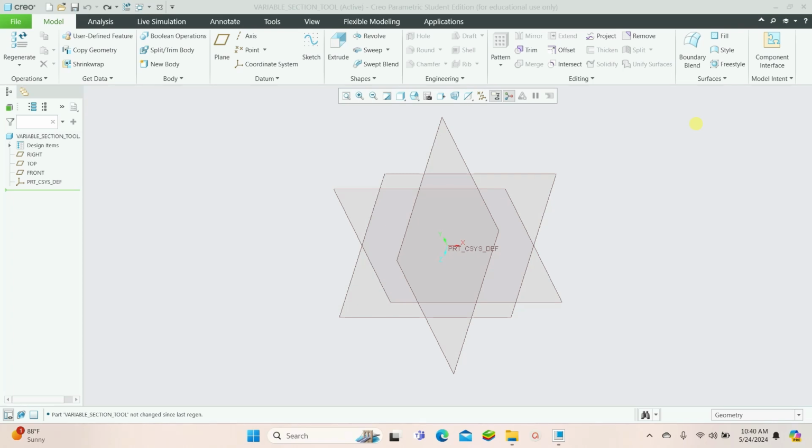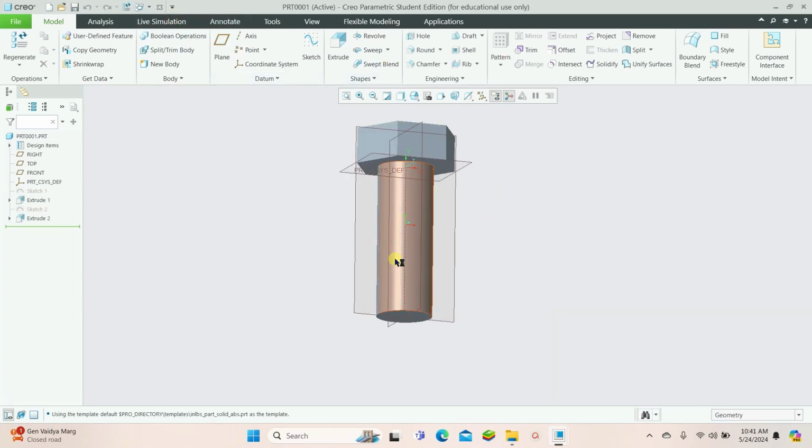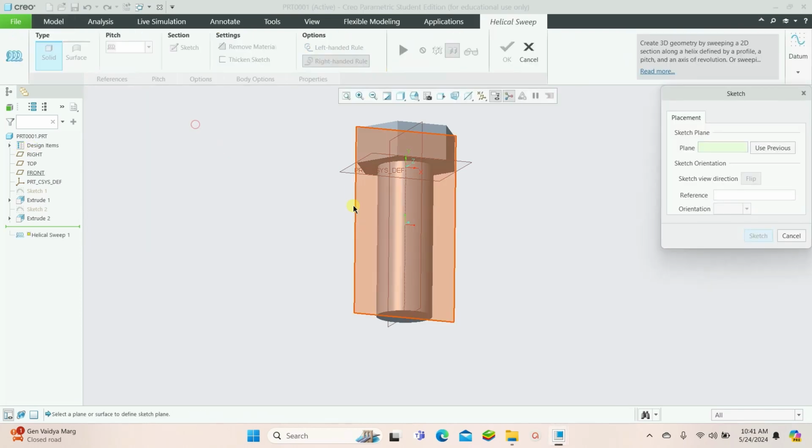Hello everyone, in this video we are going to see one important tool, that is the helical sweep tool. For that I have created one figure, that is a stud. By using the helical sweep tool we will create a thread on this stud. So select helical sweep, define the plane,